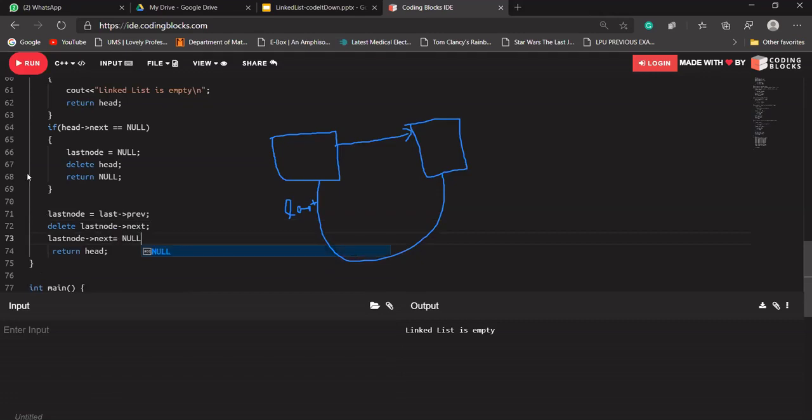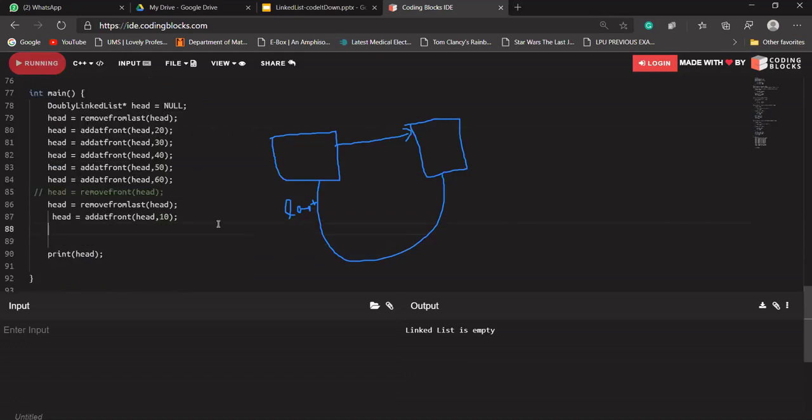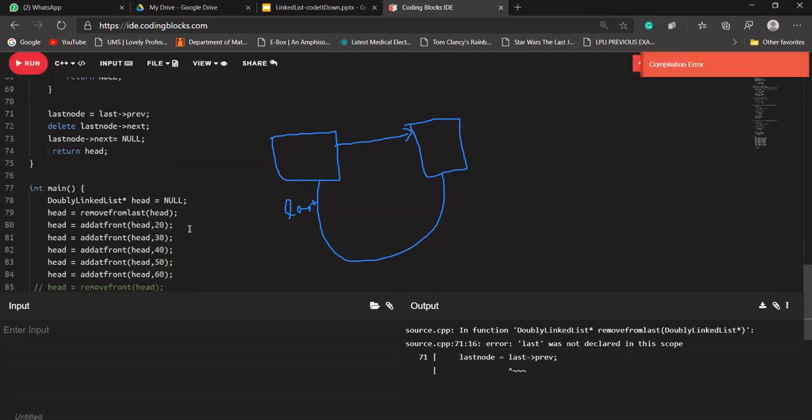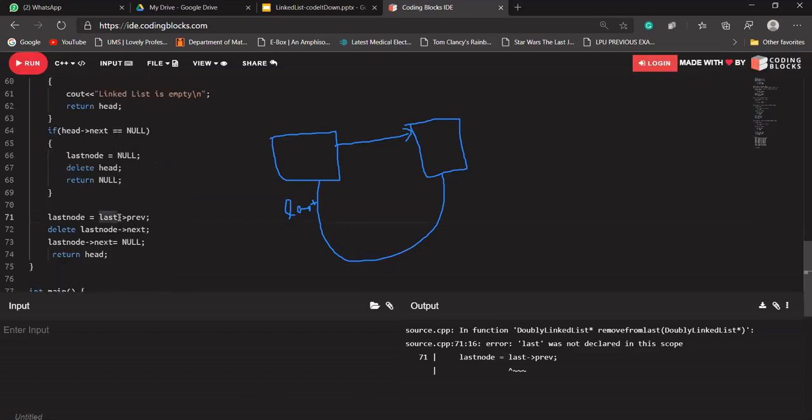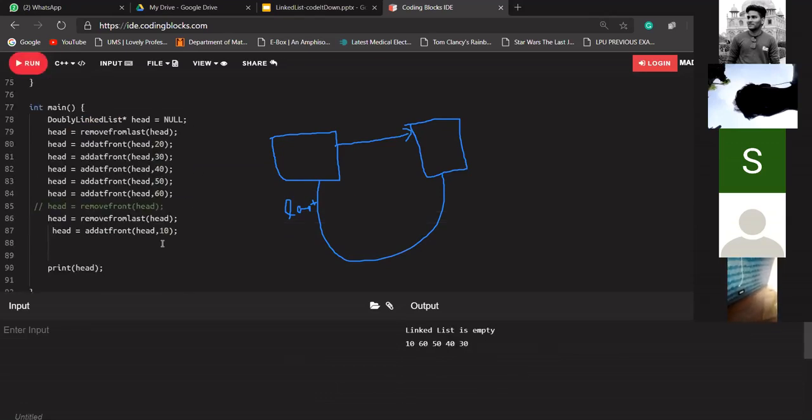Okay, let's see whether our function is running correctly or not. It is saying I should be writing last node instead of last. Okay, I think data is being printed correctly. Let's see what we have to delete.